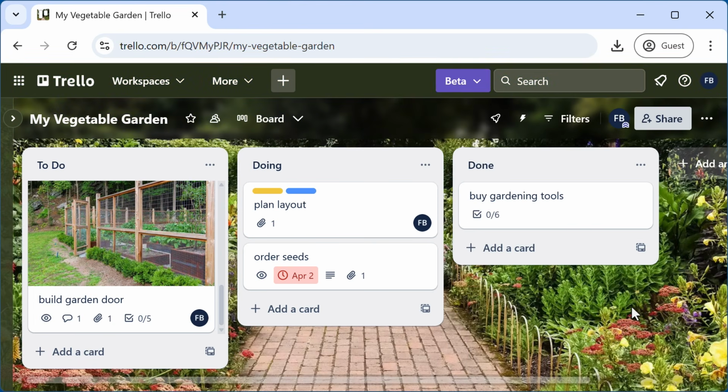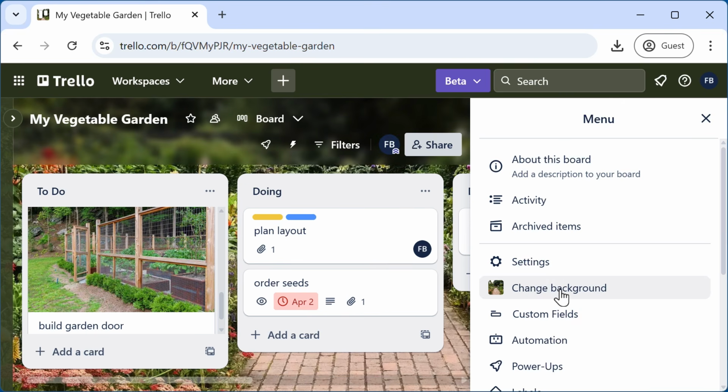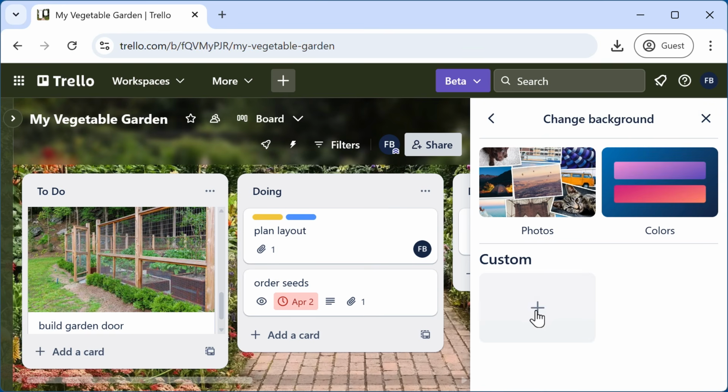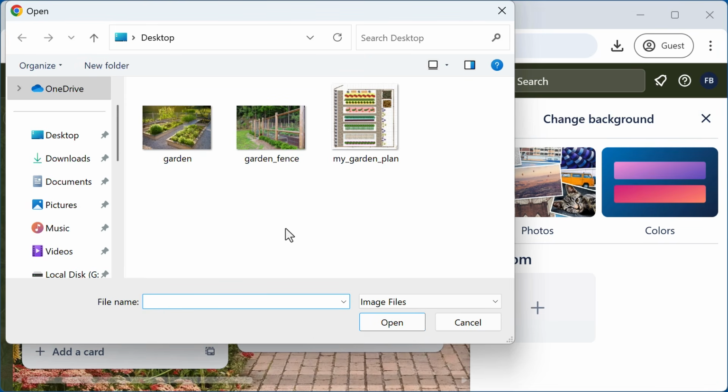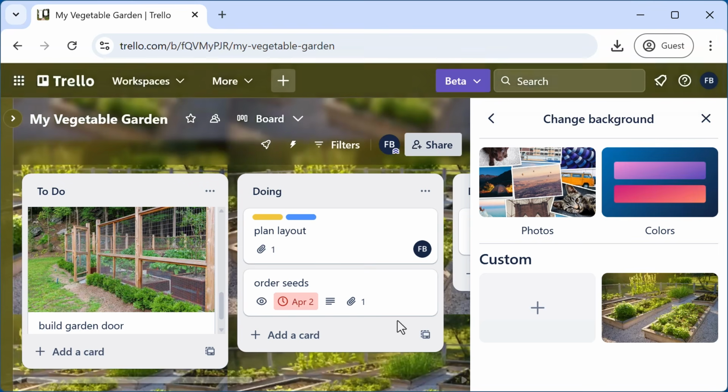And there it is. You can also use your own images as backgrounds. To do that, go back to Change Background, click Custom, select an image, and there it is.